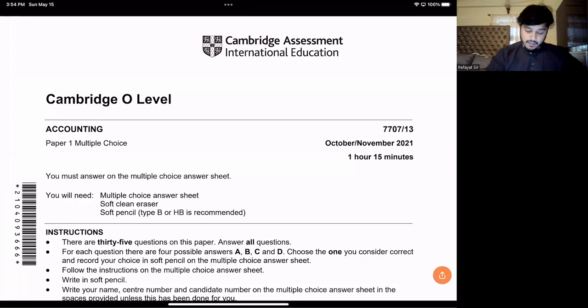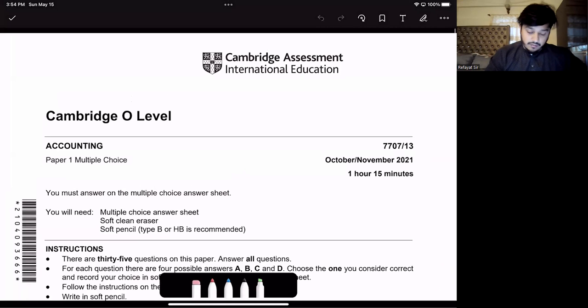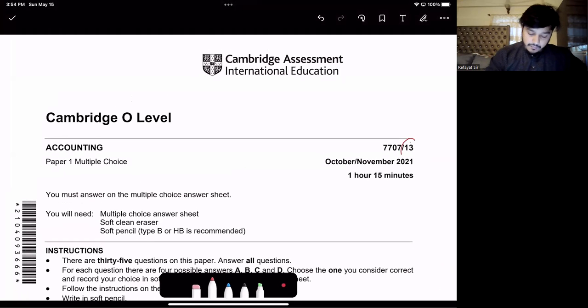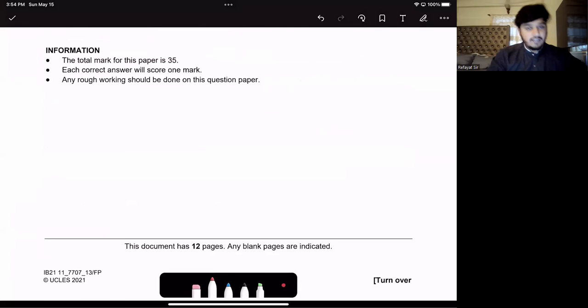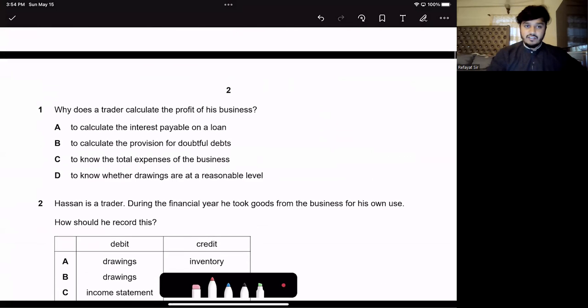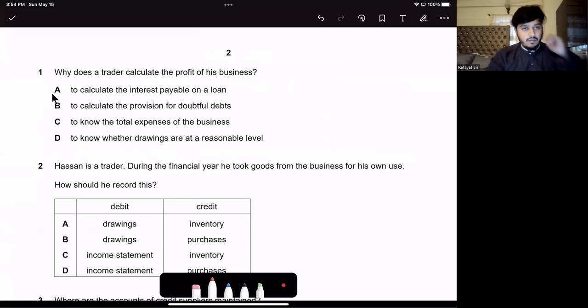So let's start. I'm going to be solving October November 21, variant 1-3 or paper 1-3. So it's an MCQ question. There are 35 of them. So let's start. Starting with question number 1. Question 1 says,